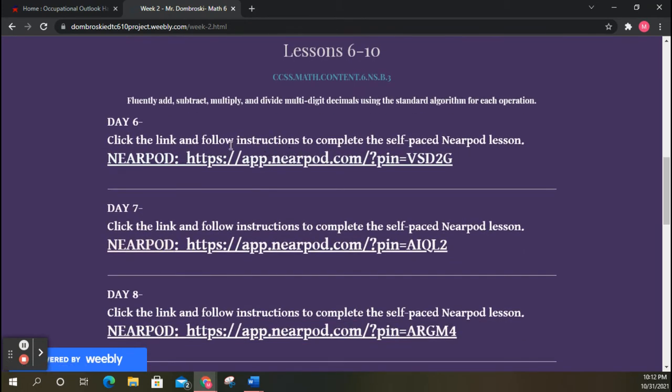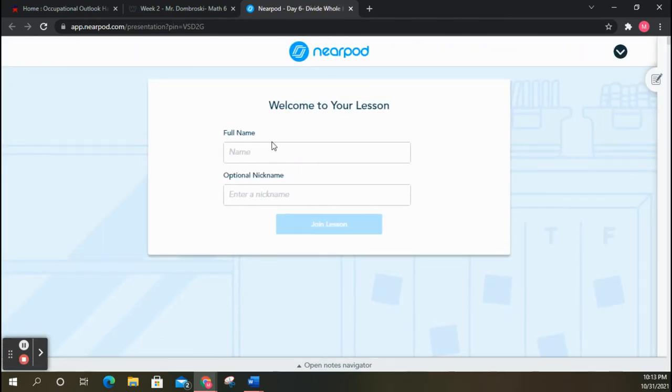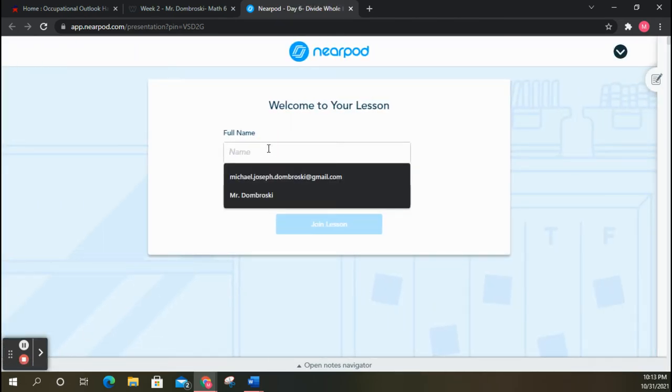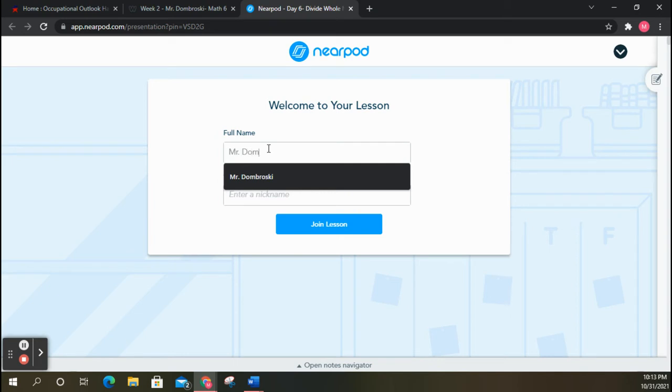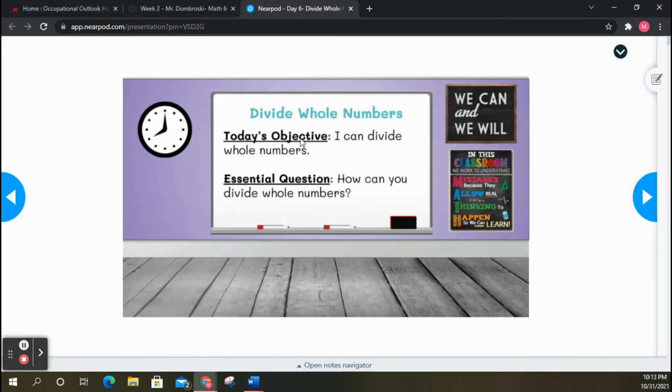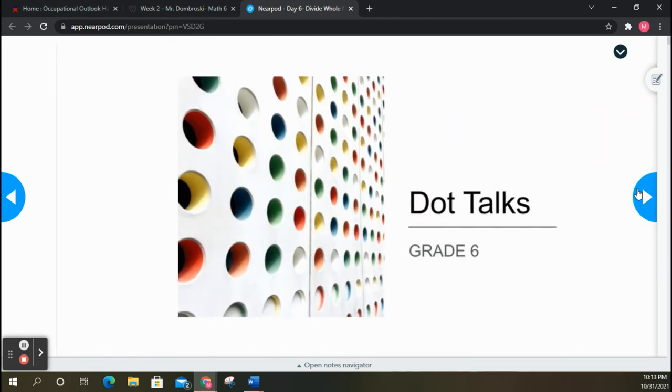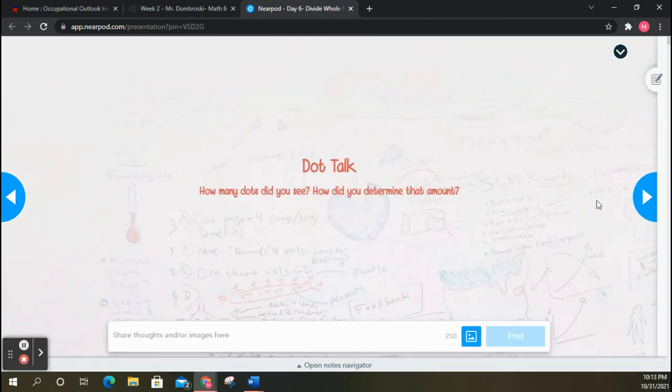Then you're going to, again, proceed through the NearPod lessons. Once you click through these, as you're familiar with from week 1, you'll type your name in, use your full name. I'm just going to write Mr. Dombrowski just as an example. And then again, you'll move through these NearPod lessons. You'll start out with whole numbers before transitioning into